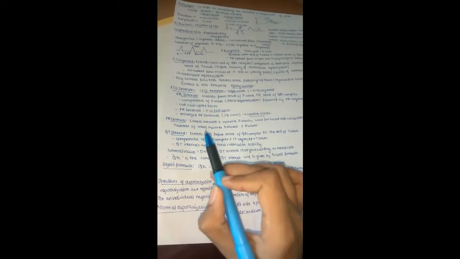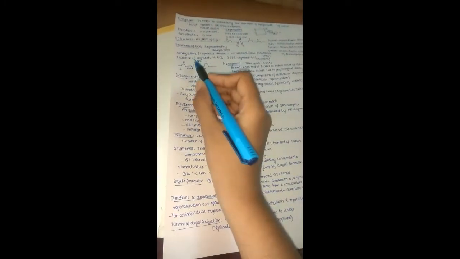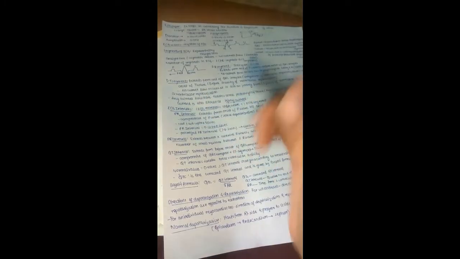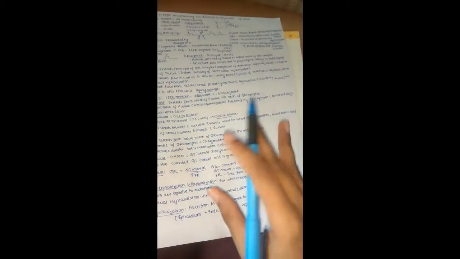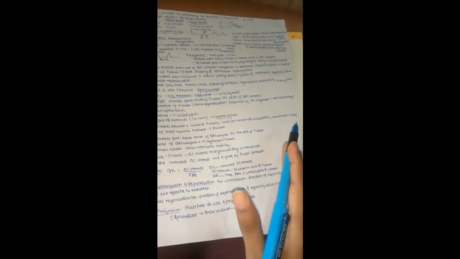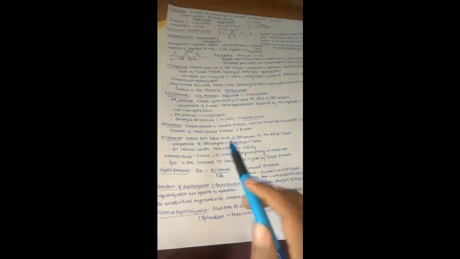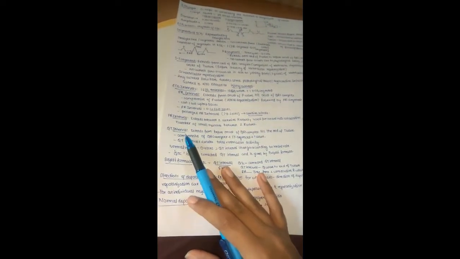Next let us see the RR interval. The RR interval extends between two successive R waves. You know R waves. This is one R wave, and another R wave. Between two R waves we have our RR interval, used for heart rate calculation, to find out the heart rate. Heart rate is equal to 1500 divided by the number of small squares between two R waves. By using this formula we can find out the heart rate.